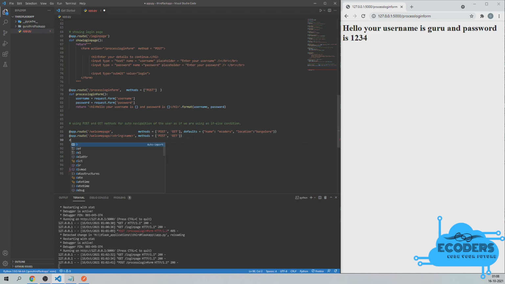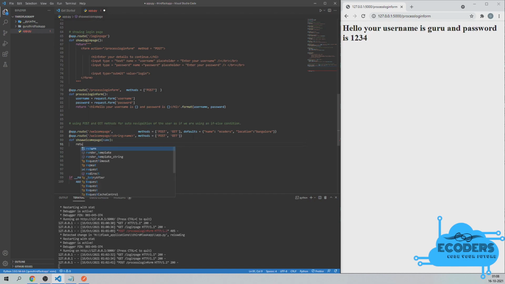Now let us create that function. Let us say show welcome page. This is going to show us our welcome page, and when it's showing the welcome page, it is going to take a name variable and display it on the screen.